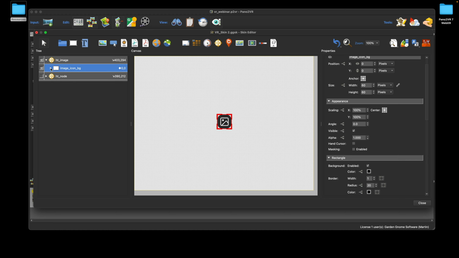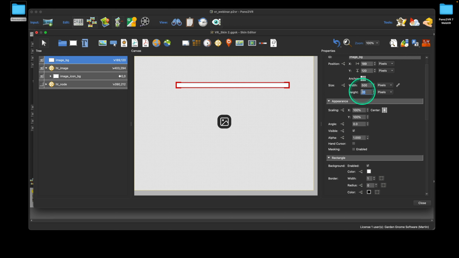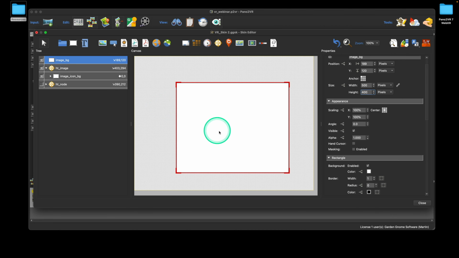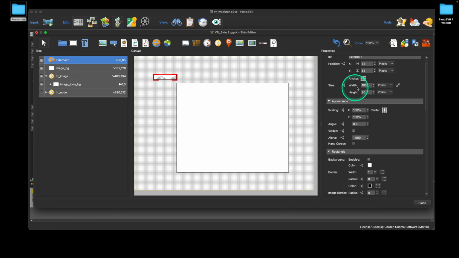Now this is going to be interesting on the understanding that it needs to be fairly large. So I'm going to grab another rectangle, and we're going to call this just image_background, and we're going to make this, I don't know, let's do 500 by 400. All right, so it's a fairly large thing, and I think what we'll do now is grab the external image loader, and we'll make this 380 by